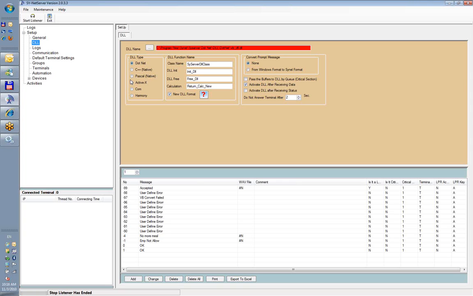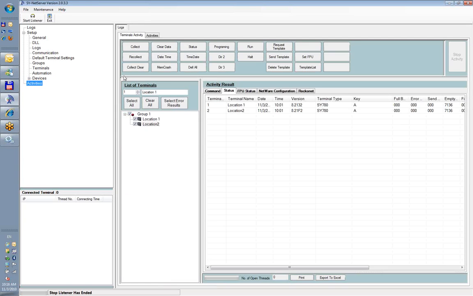Okay. All right. So these are the main activities of SYserver.net. In addition, you can initiate communication to the clock from the server, like Syncomm does. If you want to manually perform a communication activity, you can go to activities right here and, for example, get status from the